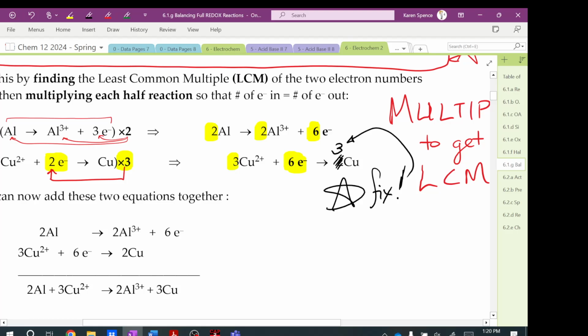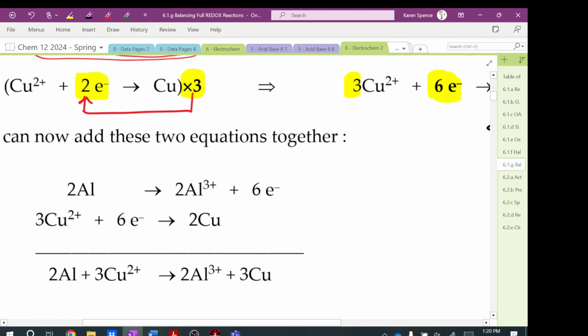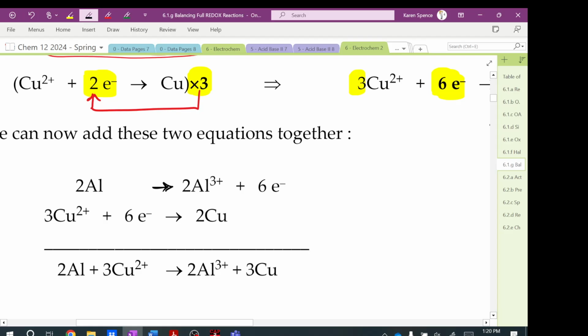And now what we can do is add these together. Usually I like the arrows to be in the same place so I can see where my reactants are and where my products are. I can see that I have electrons on the left and electrons on the right. And just like in math, when you have something on the left and the same on the right, they cancel out. Boom, boom. And we are left with